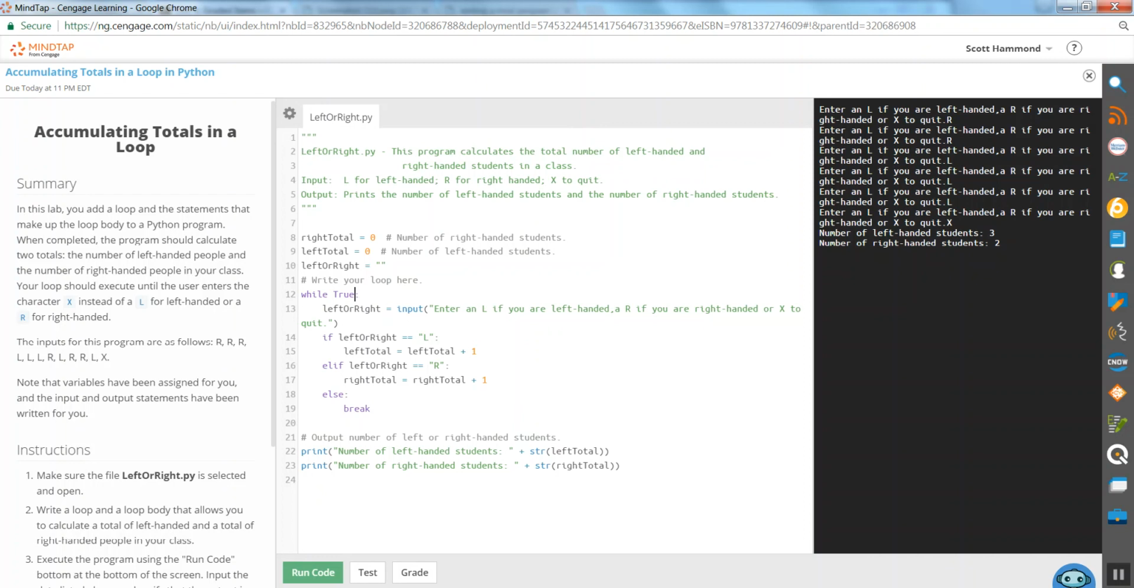So it could be while left or right is equivalent to L or R. We're going to keep doing this. And I initialized it potentially to R, and that could go through. We'd be in good shape. So what if we did that? What if I initialized it to R and, rather than while true,